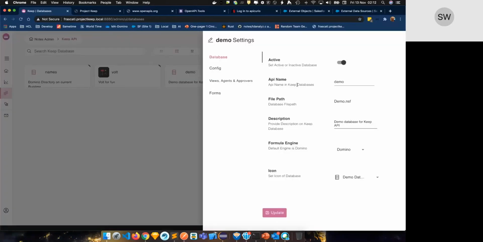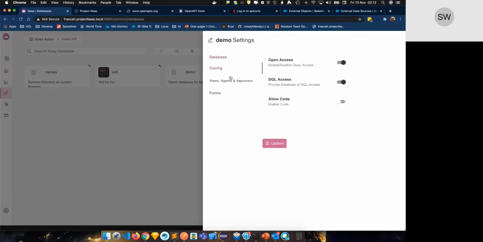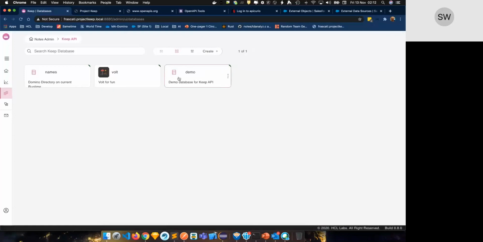This is available for open access, so people can use curl and web applications. If I close it, then you need an application server. But I can switch on and off the DQL access. I can say I allow you to run agents and code. So I can very, very nicely specify. Furthermore, I go in there and